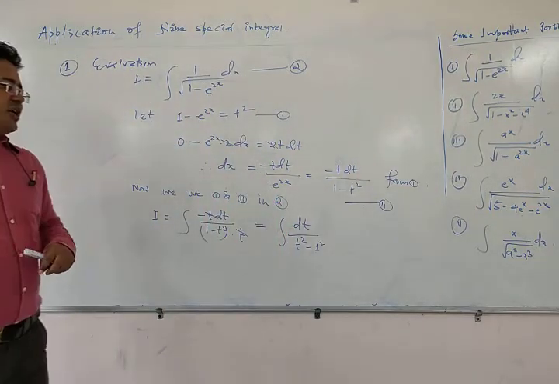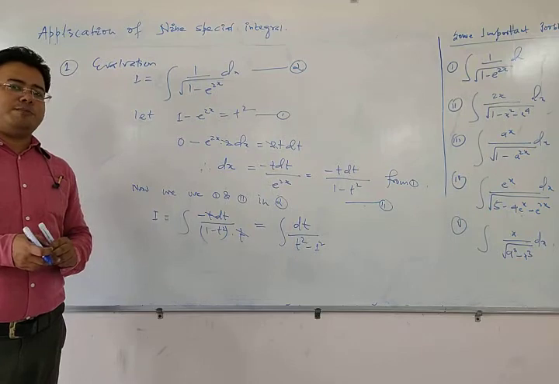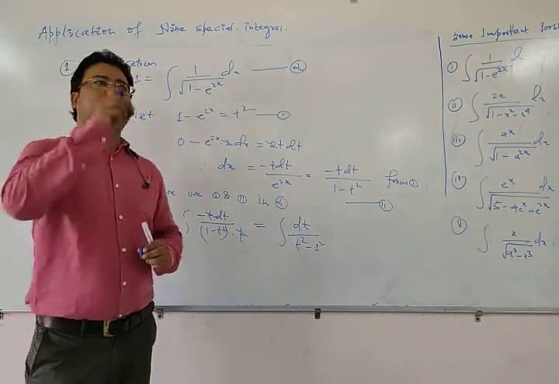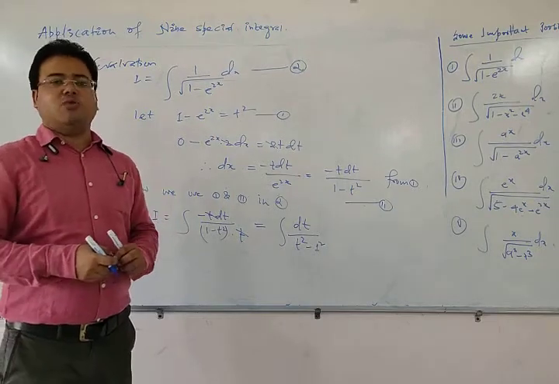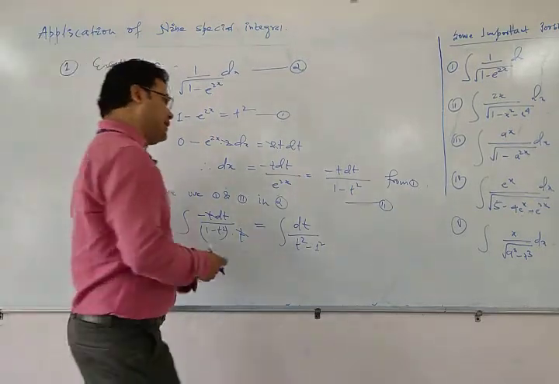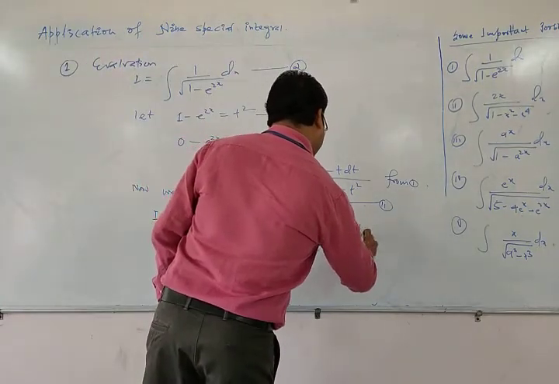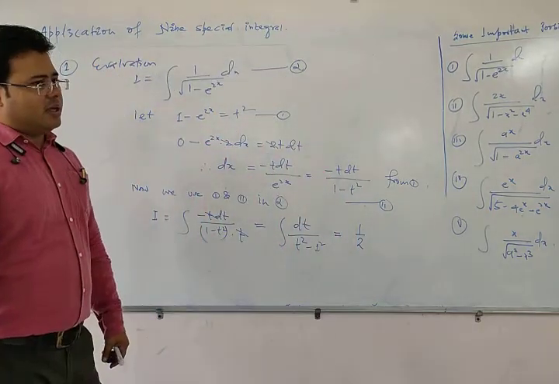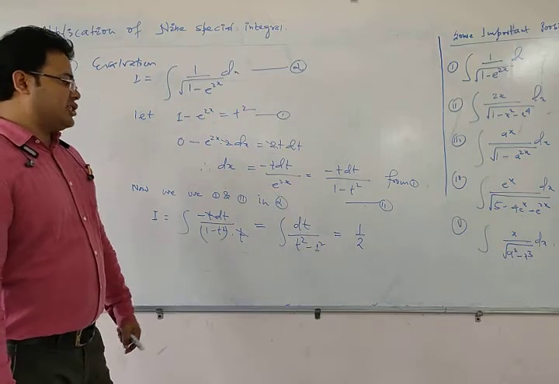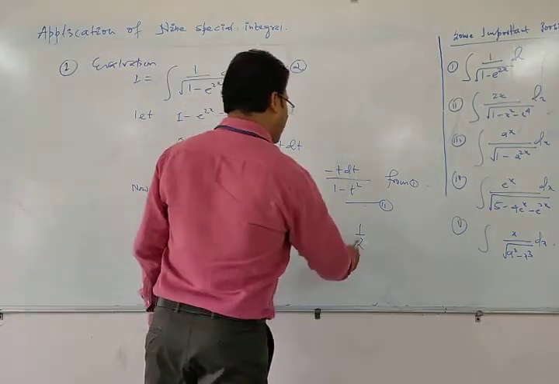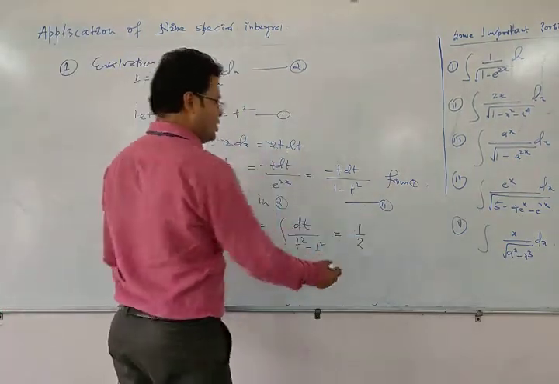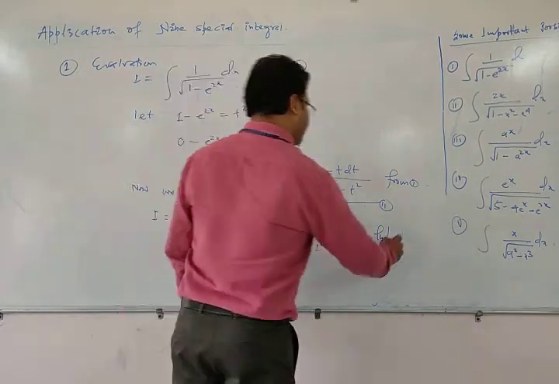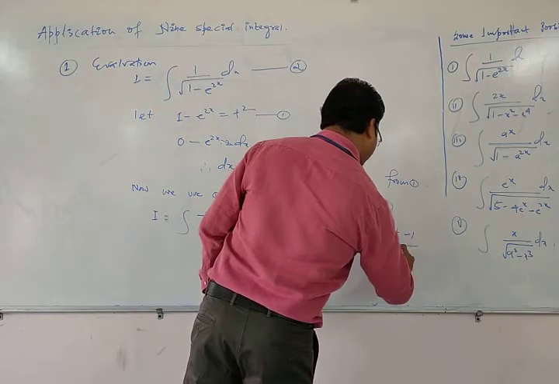So hello students, you can see here this is the type of the 9 special integrals. This is actually 1 upon x square minus a square. And what will be its integral? You already saw in the last lecture that this is equal to 1 by 2a ln mod of x minus a upon x plus a. In place of a you can write 1, and in place of x you can write t. This is t minus 1 upon t plus 1.